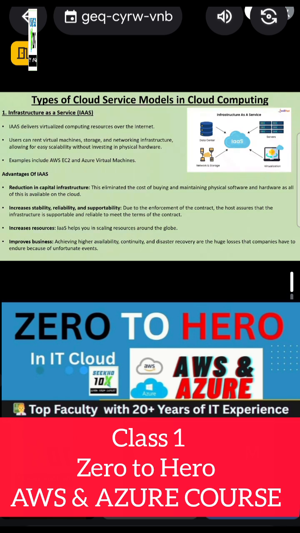Like if my application is accessed mostly by US people, then I can ask my cloud service provider to give me a server near the US location. They will build me a server near the US location, and I can manage a server in the US by sitting in India. That increases the resources, and it improves your business as well, by achieving availability and